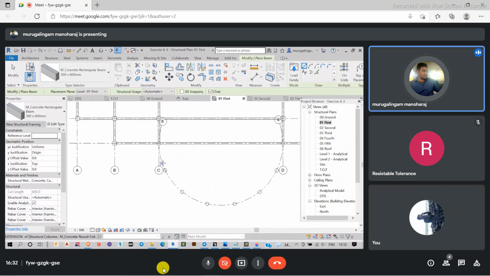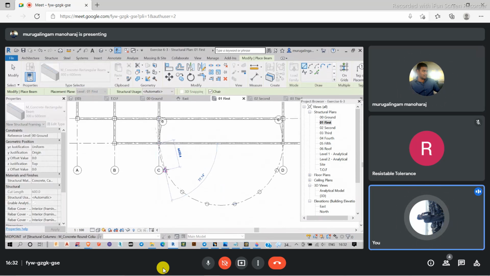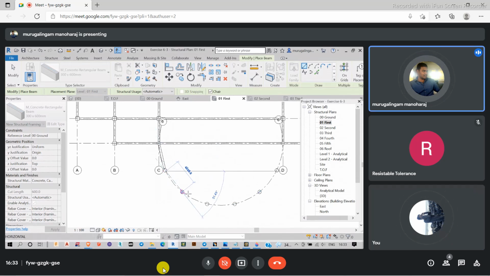If I want to create a beam here, what I can do is either create it in this method or use the pick line option to create the beam.